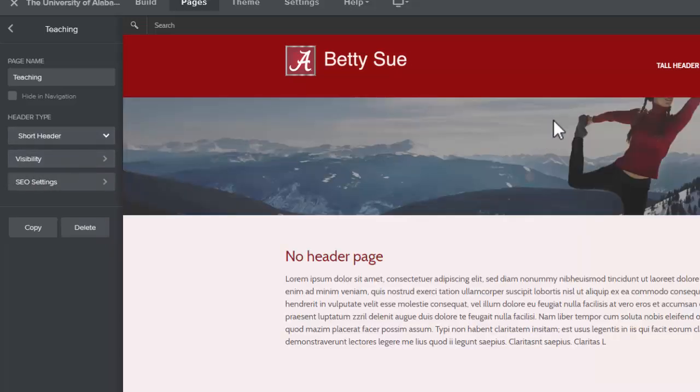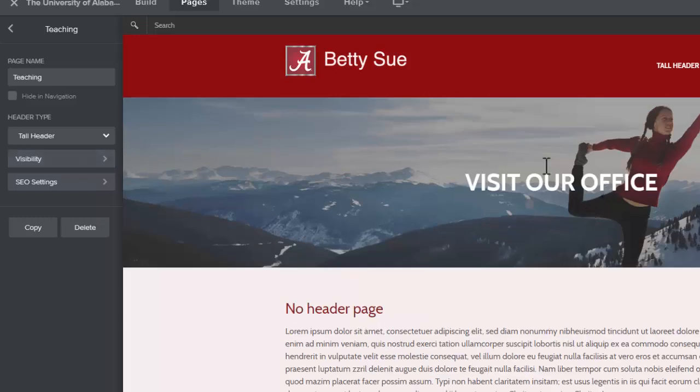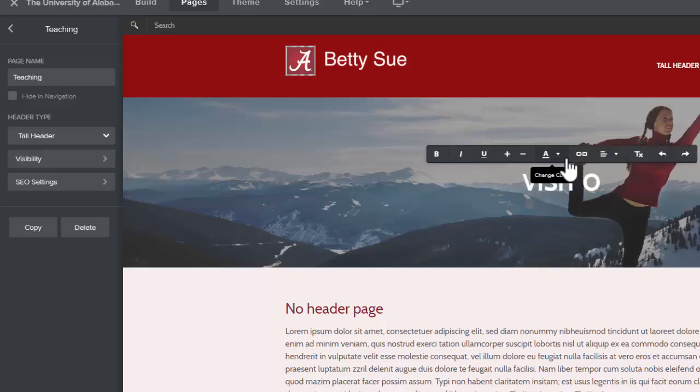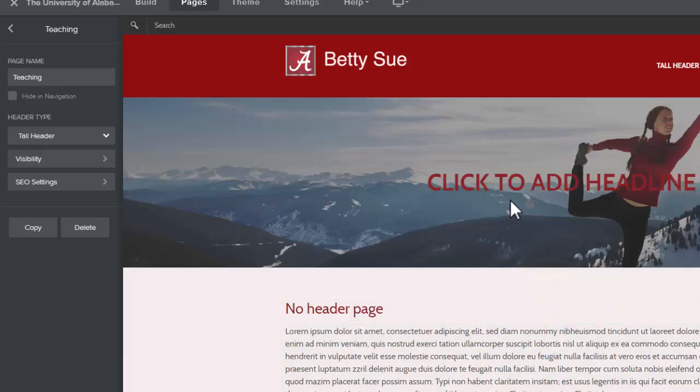What that means is I have an image here in the middle, right up underneath my main navigation area. I have a short header. I'll take a look at the others real quick. The tall header has a larger image, and it has text in the middle that is a title. I don't have to have anything there. If I remove that text that I've typed in and I click out of that, I get the message, click to add headline. If I don't type anything there, then it will not appear whenever my site's published,